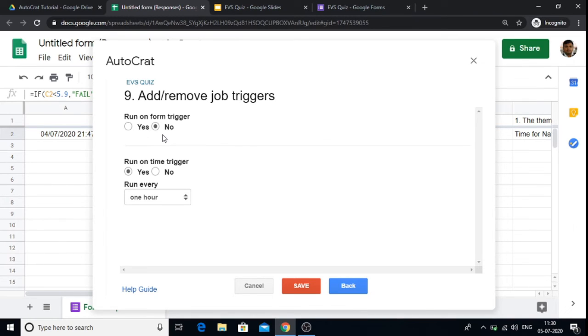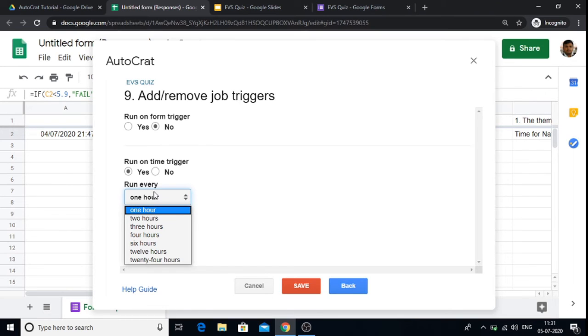Here in the last step, the system will give you two types of trigger. You may use the second trigger which can be run on time. Click on the yes button and choose a particular time interval on which you want to send the certificate.